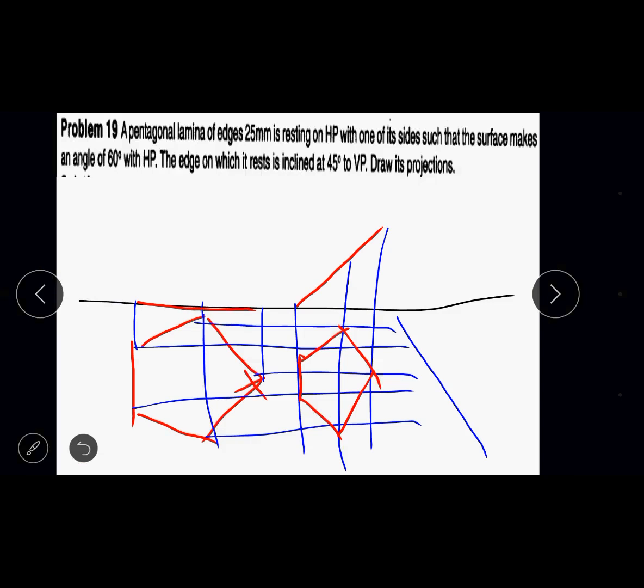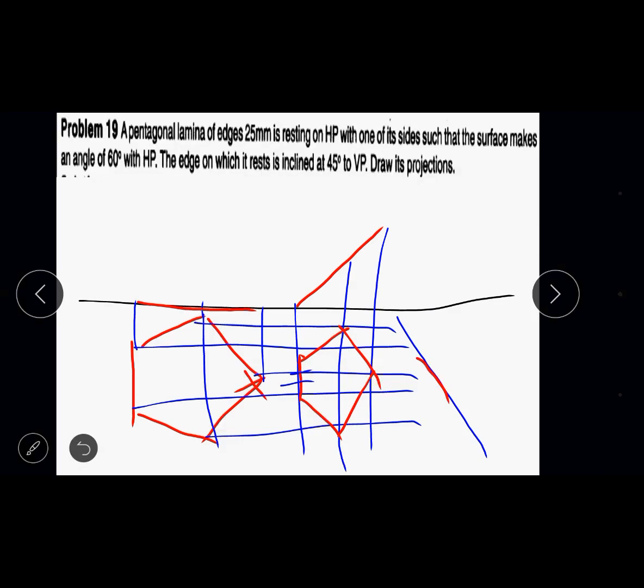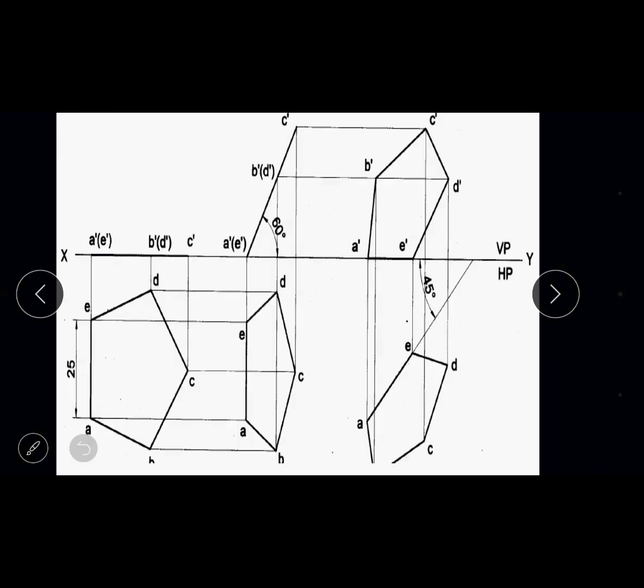The reference is edge AB, the edge AB of the pentagon. This is the reference edge. Measure this edge of the pentagon. It will be similar in dimension. So just place the pentagon on this line, and then with the help of this resting edge, you have to complete the pentagon. How to complete the pentagon, I'll explain you in the next figure. Here it's difficult to explain, so I'll go to the next figure. Here I'll explain you.